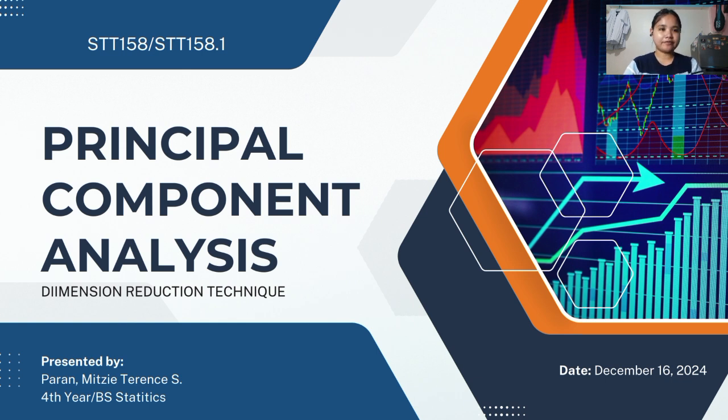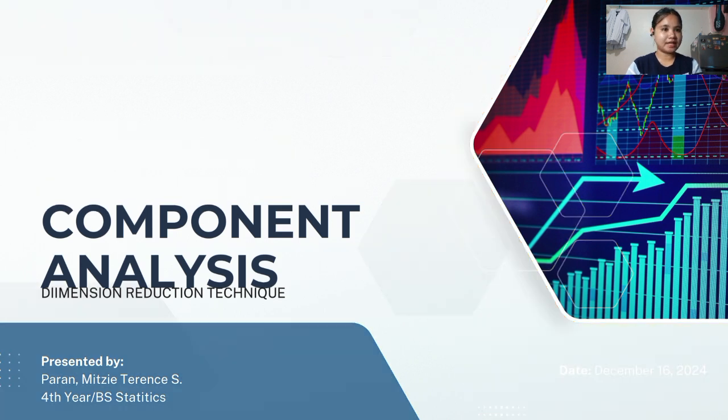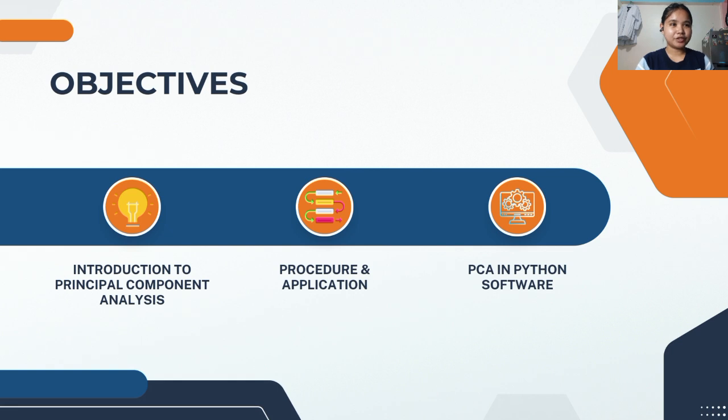So today, we're diving into the fascinating world of dimension reduction techniques, with a particular focus on principal component analysis, or PCA. This technique has become one of the cornerstones of data science and machine learning. It enables us to simplify complex, high-dimensional datasets while retaining as much of the essential information as possible. So let's explore how PCA works and why it is such a game changer for data scientists and researchers alike. Now that we've set the stage, let's take a look at what we're going to achieve today.